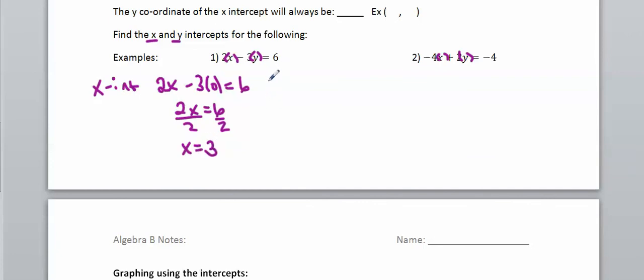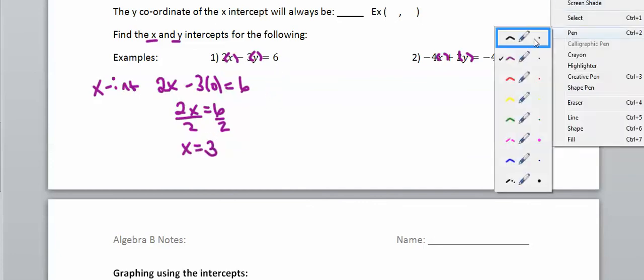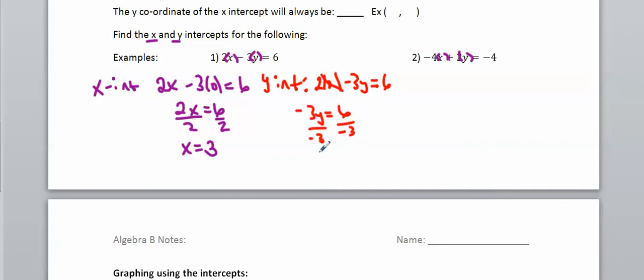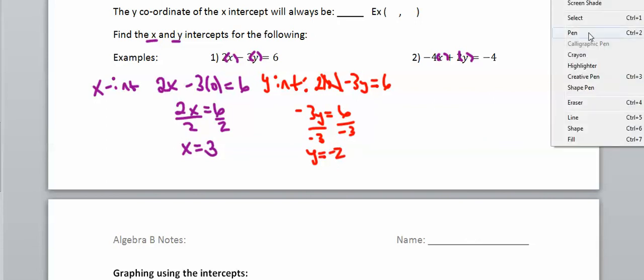Alright, then find the y-intercept. Plug in 0 for x, so plug in 0 for the one that you're not looking at. That makes this go away. I get negative 3y is equal to 6. Divide both sides by negative 3. So y is equal to negative 2. Alright, and for the second example, you should have gotten,